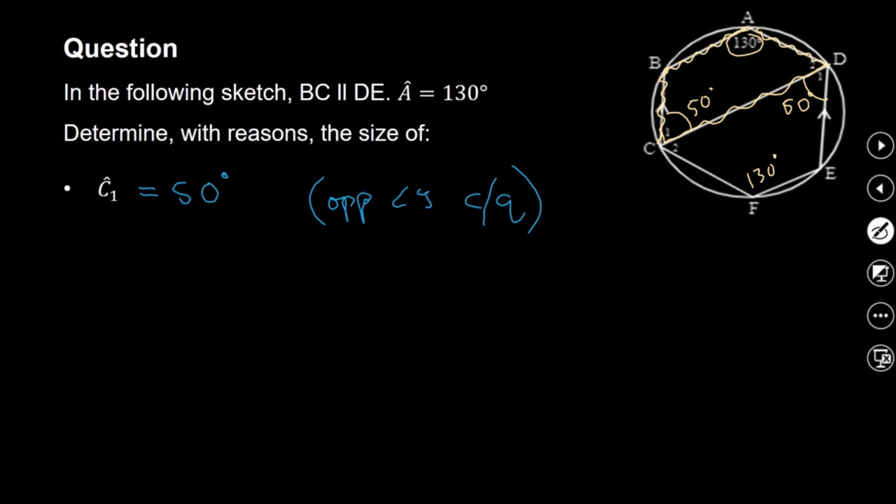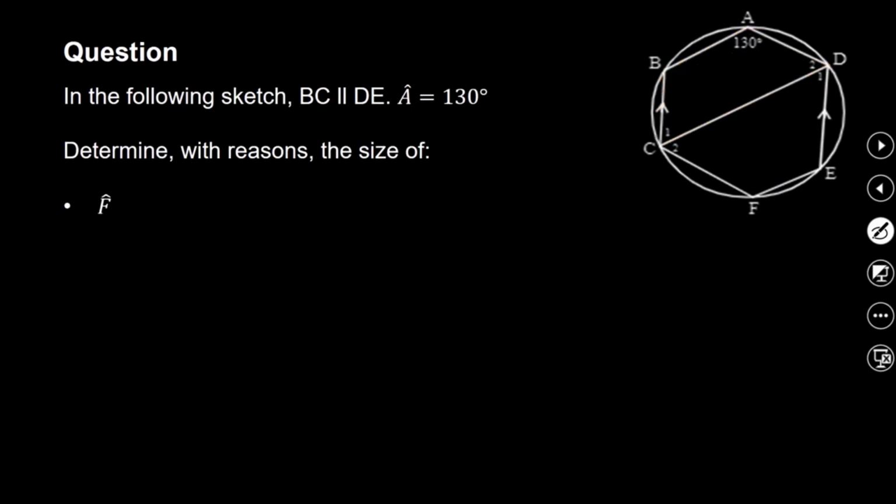Remember, I did say that with a cyclic quad we normally write SQ to show CQ, I mean, to show the concept of a cyclic quadrilateral, right? And then the other thing that I needed to find was angle F, right? So with angle F, I will say that this angle here is firstly equal to that, and then link it to angle F. So I will first say C1 is equal to D1,